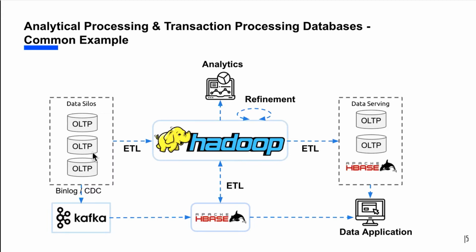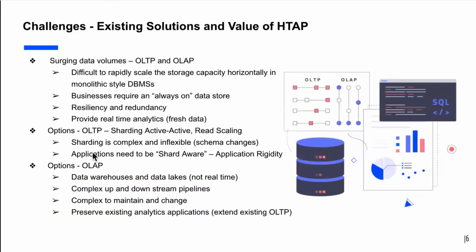So again, the takeaway here, it's very complex to do this, and it's very difficult to do it. So what are some of these challenges that enterprises have here, right? Surging data volumes. There's never been a time as it is today in the amount of data that is generated through OLTP systems, right? And they have those OLAP requirements. The business's demand today that you always have a data store that's always on. You have to have the resiliency and redundancy, and another very important part with the surging amount of